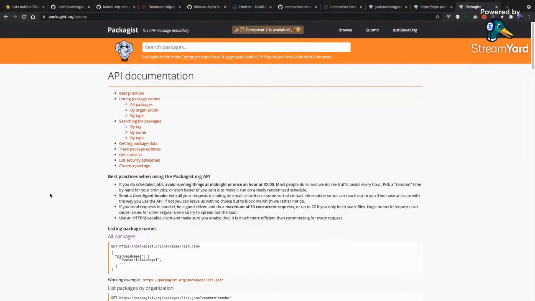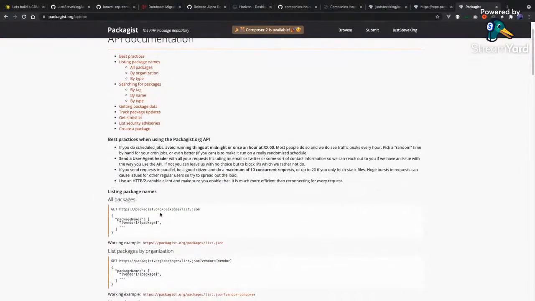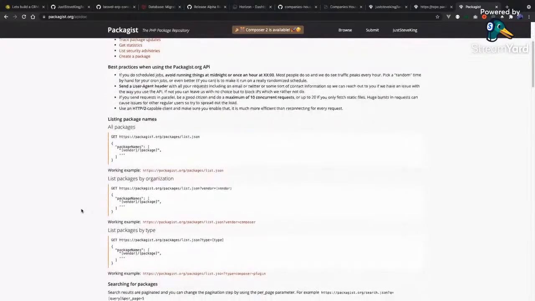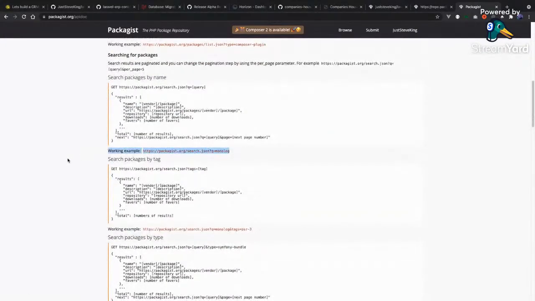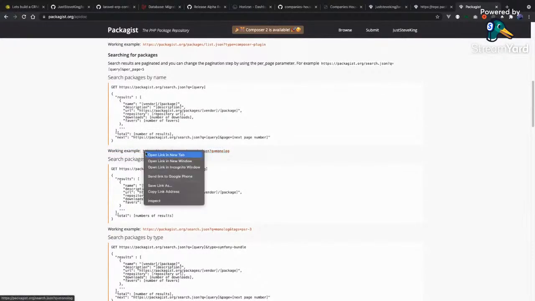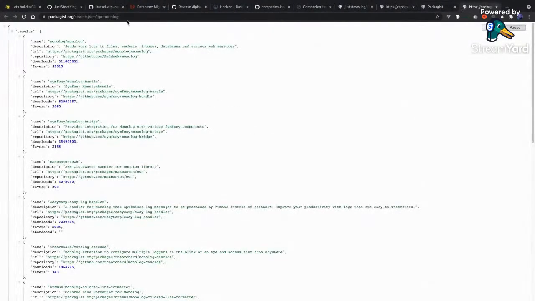Can you specify the repo and compose a JSON? I could do it that way, but I want to go through the install process. The idea is I want an install process. Vendor type compose a plugin, search, open link in a new tab, and the query is